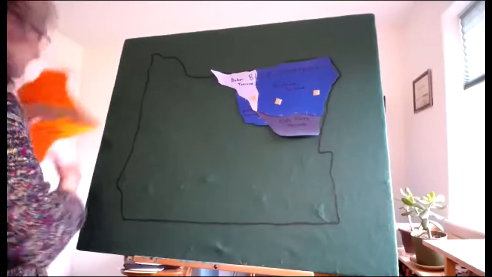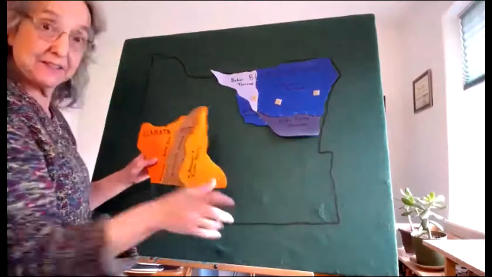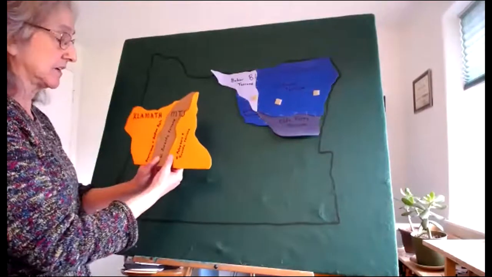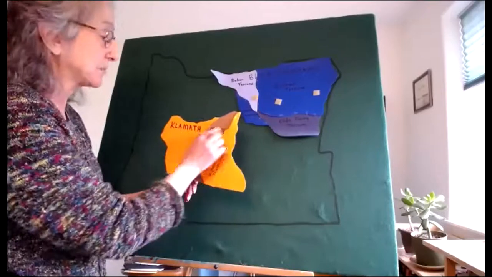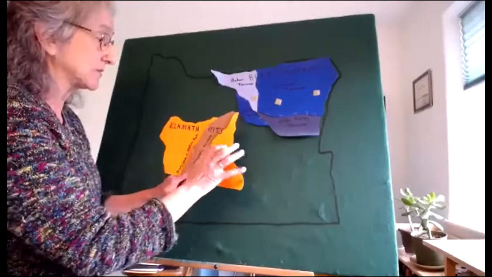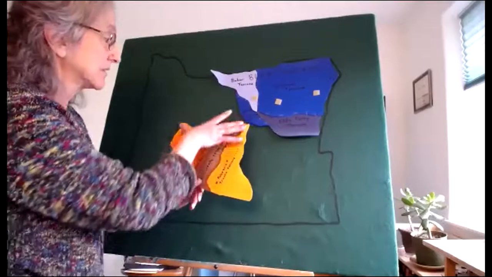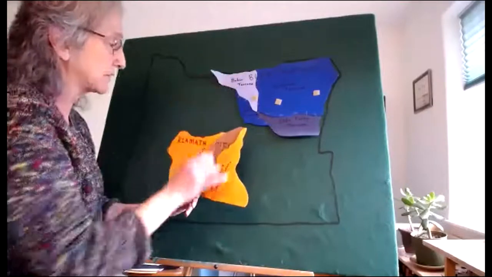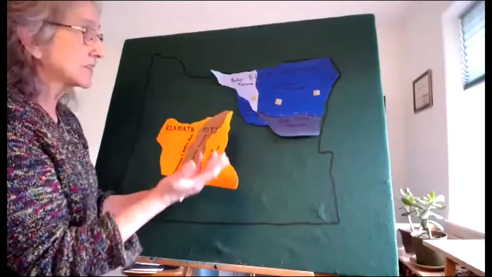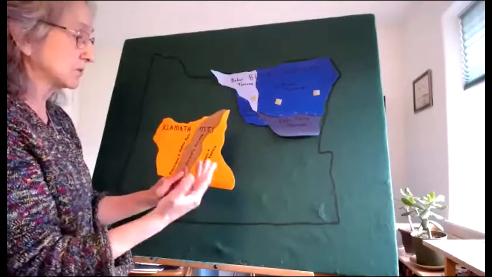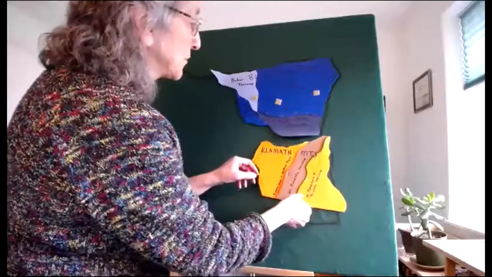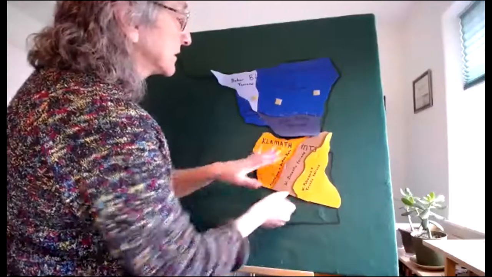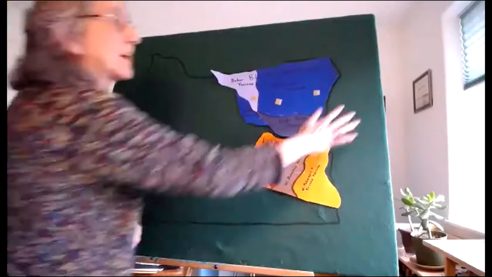Okay, now the Klamath Mountains. Again, the question is the relationship between it and the Idaho batholith, because the stuff coming off of the Klamath Mountains into the Tyee has evidence that it had minerals from the Idaho batholith. So we believe that the Klamaths first formed and accreted somewhere in there. This is Idaho.